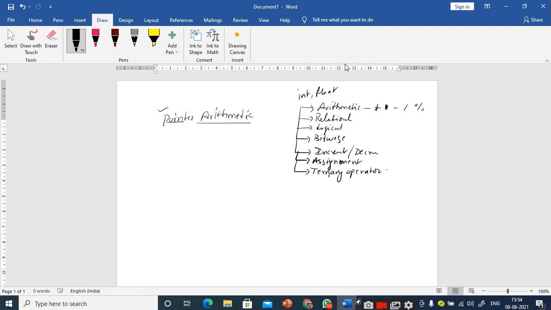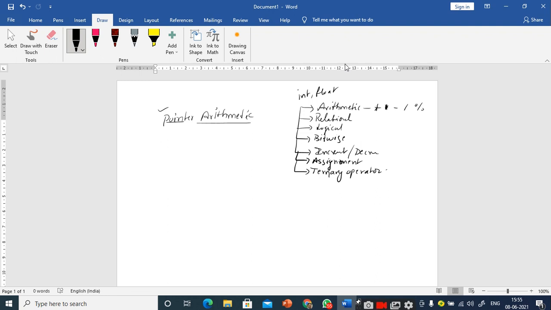These are all the valid operations that we can perform on integers or floats. But there are a lot of restrictions on the type of operations we can perform on pointers. Not all these operators can be applied for pointer arithmetic.